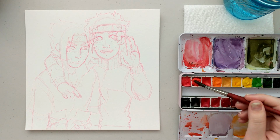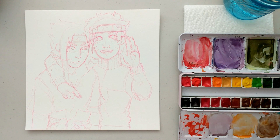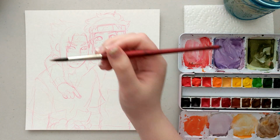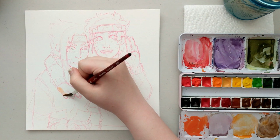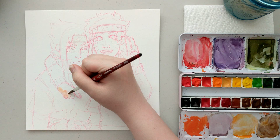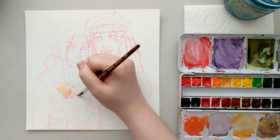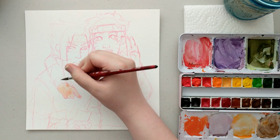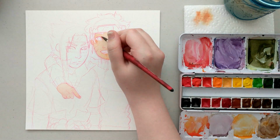Also, very weirdly, my favorite color that I ended up adding to this palette was M. Graham's Naples Yellow. This was something that I got the idea from Arlie Bean on YouTube. She mentioned in one of her videos that she mixes skin tones with Naples Yellow as well as a couple other colors. And previously, I personally was using Azo Yellow as well as Daniel Smith's Pyrrole Scarlet to mix my skin tones, and maybe a little bit of a blue here and there, but it just wasn't cutting it